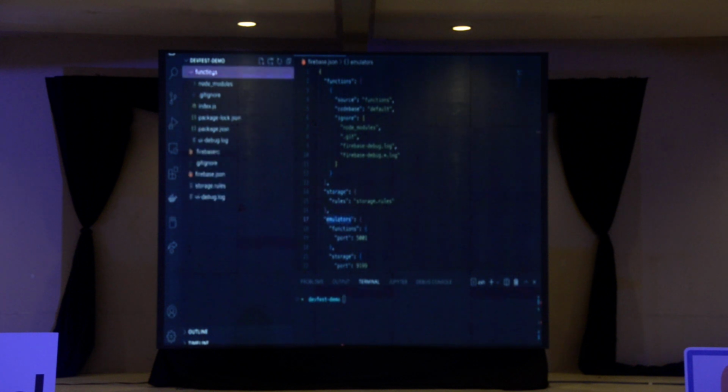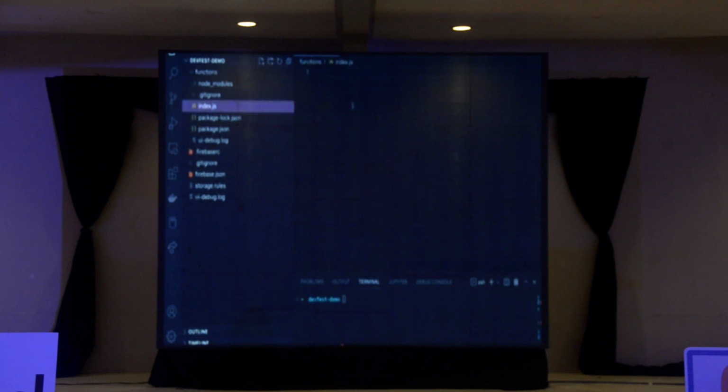So we have this functions folder where our code will be run on the cloud, and right now it's still empty. So yeah, first we would like to run the extension locally, right? So in that case, we have to get the configuration and the extension from our Firebase project into our local